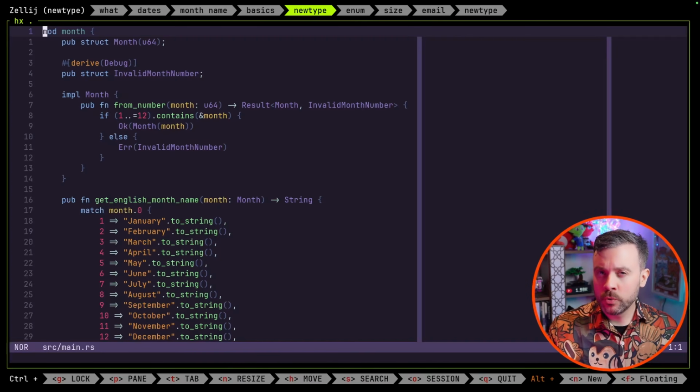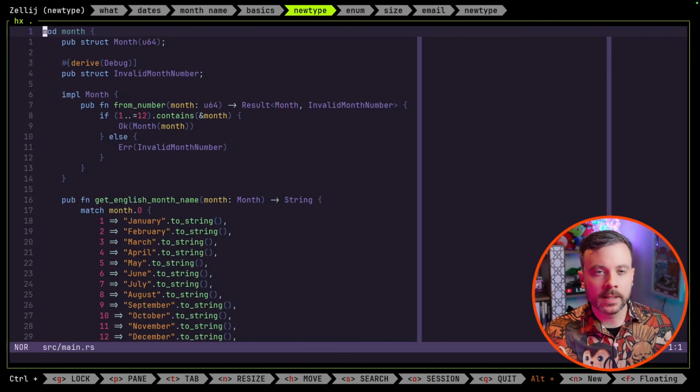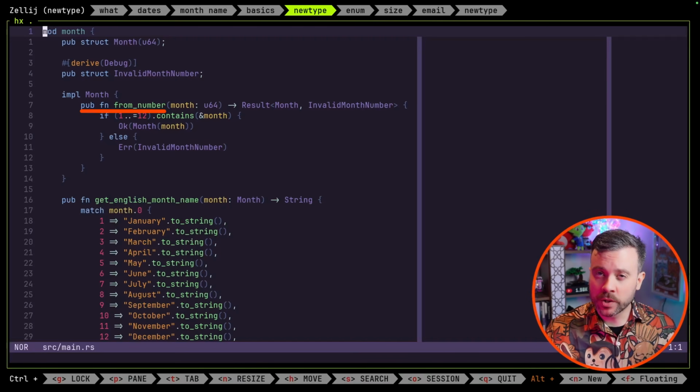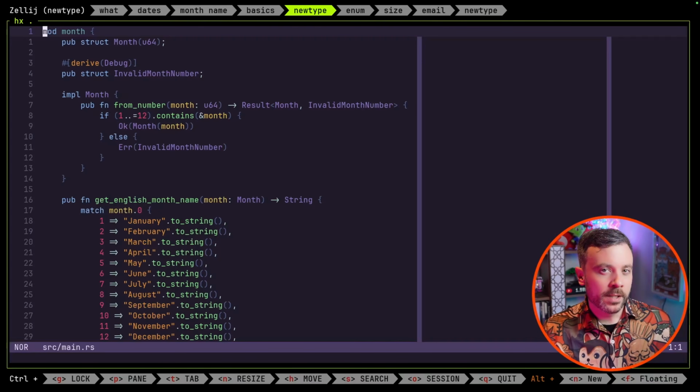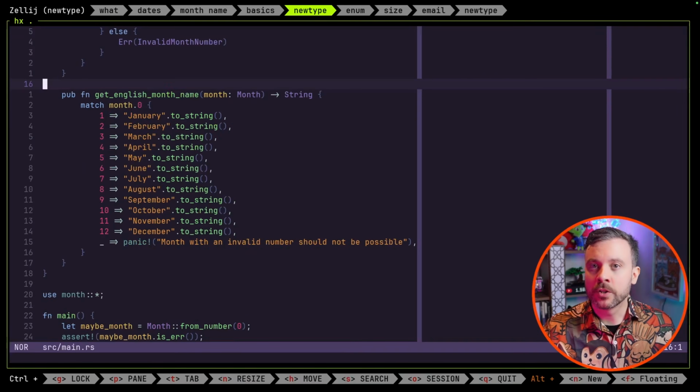And we can control exposure through marking things explicitly as public. So the interior of our unit struct is not public, but our constructor is. Now we can validate the month when it's constructed, returning the error if necessary. Since we can no longer instantiate an invalid month, we can fairly confidently remove the result from any functions like